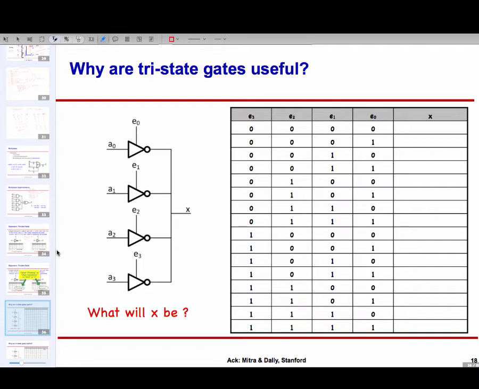So for example, if E0 is high and E1, E2, and E3 are low, then X is going to be equal to A0 inverted. Likewise, if E2 is high and the other three enables are low, then X is going to be equal to A2 inverted. So I now have an inverting multiplexer. It's acting like a multiplexer, but it's also complementing the value as we go along.